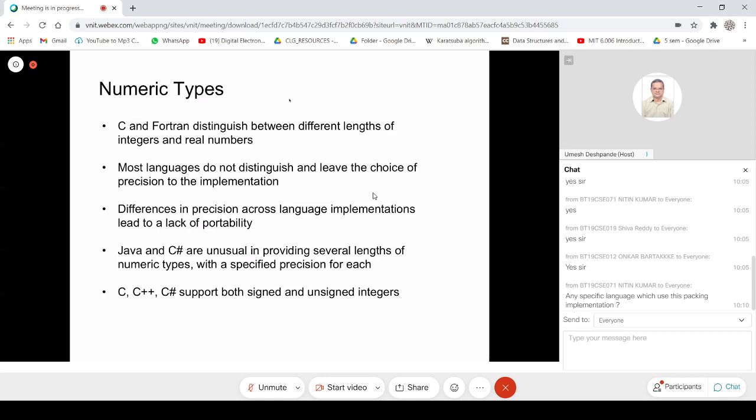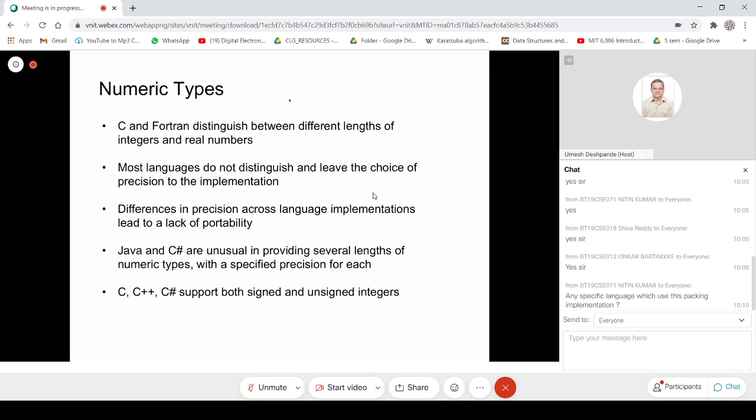So, for example, let's say we use the C programming language itself, and in one machine an integer takes up 4 bytes, it's a 32-bit machine, and in another machine which is 64-bit, an integer takes 8 bytes. So there is longer precision.